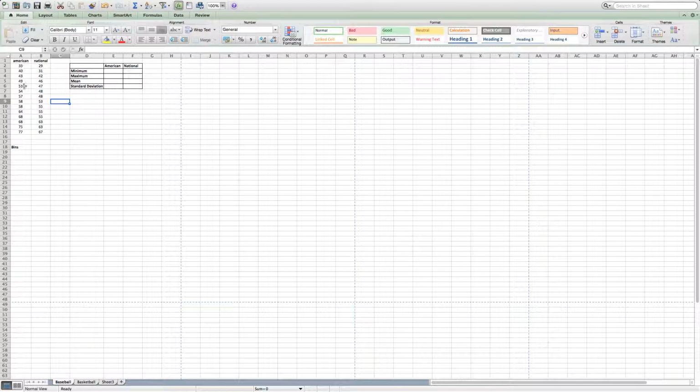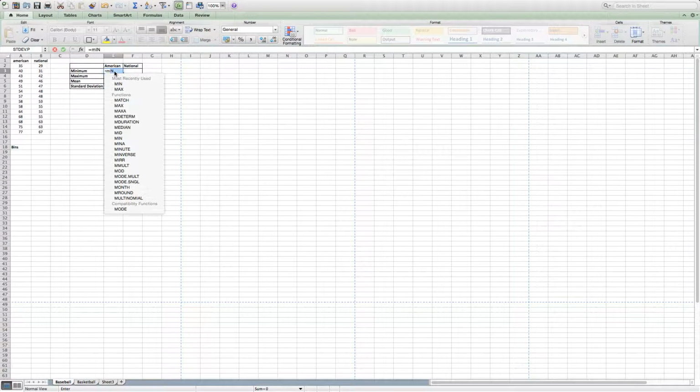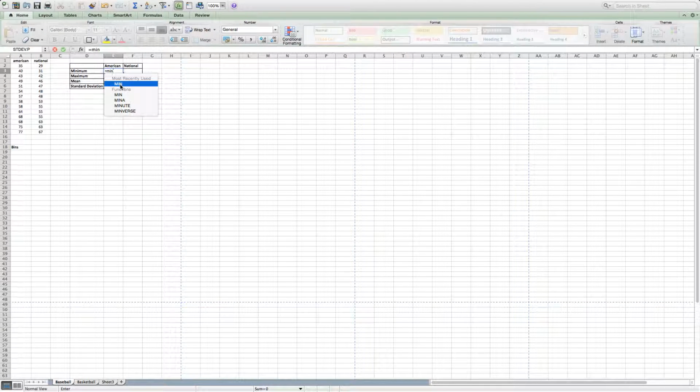use. Now we could just look here and say, well, it looks like 35 is the smallest, but just so you can see how cool Excel is, what we're going to do is click here in this cell. We're going to say this cell equals, and we're going to start to type minimum, M-I-N, and if you look here, a function pops up for us to say min. So you're going to click on min, and then it gives you a set of parentheses to highlight the range that you want to find the minimum value. So highlight the American League and press enter, and it should give you the minimum of 35, which we already